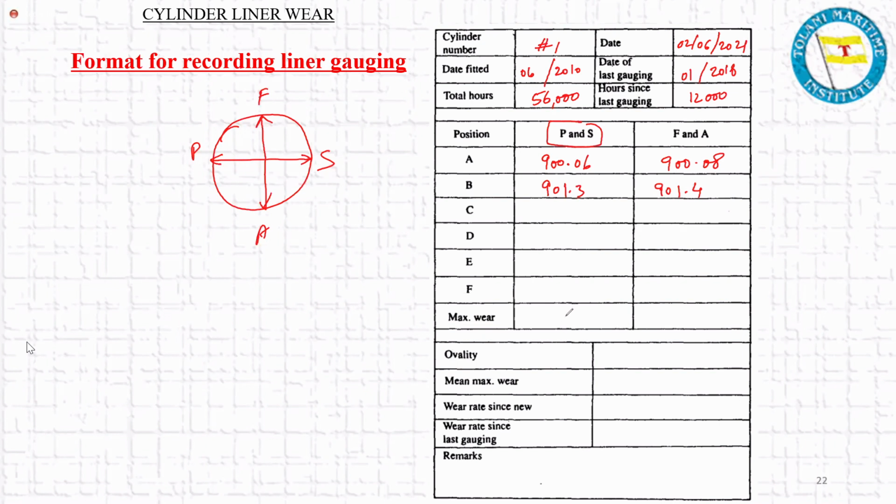फिर हम देखेंगे मैक्सिमम वेयर कितना है. वेयर कितना होगा, वेयर विल बी द एक्चुअल कैलकुलेटेड डायमीटर माइनस ओरिजिनल डायमीटर. तो मैक्सिमम वेयर लेट अस से हमको आता है 1.3, यहाँ पे आता 1.4. फिर ओवलिटी कितना है, ओवलिटी मैक्सिमम माइनस मिनिमम, ये हमको ओवलिटी देता है, वो कैलकुलेट करेंगे. मीन मैक्सिमम वेयर कितना है वो हम कैलकुलेट करेंगे. ठीक है ना. वेयर रेट सिंस लास्ट गेजिंग हम कैलकुलेट करेंगे, उसको नंबर ऑफ रनिंग आवर्स से डिवाइड करके,